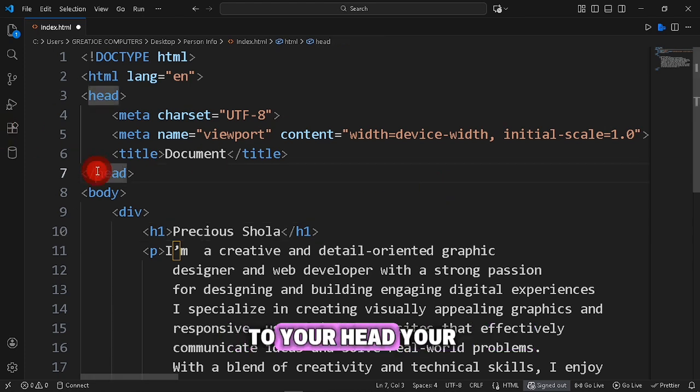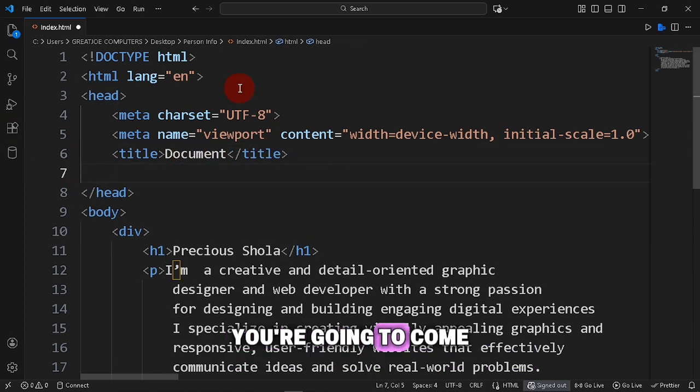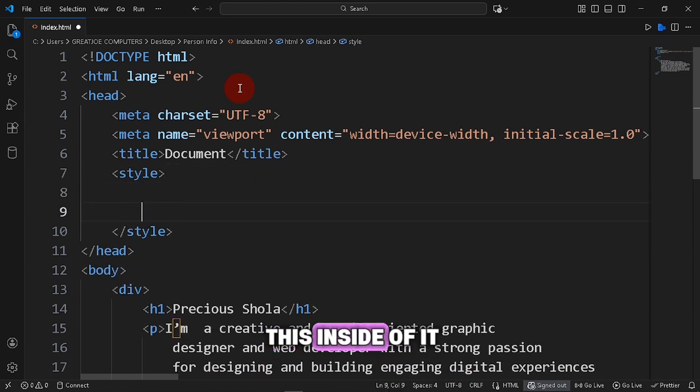So the second way to implement CSS is called internal CSS. You are going to come to your head tag. Make sure it's in your head tag. You're going to come to your head tag and you're going to say style. Click enter. It's going to appear like this. Inside of it,